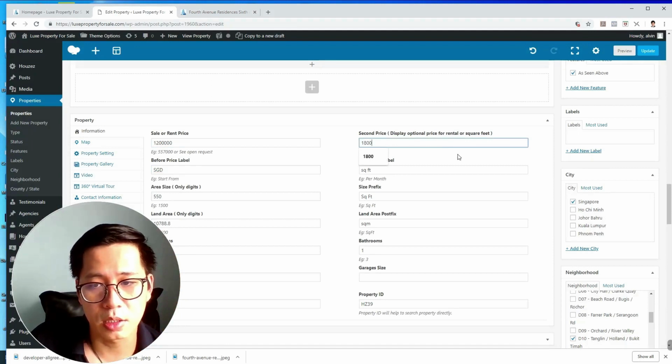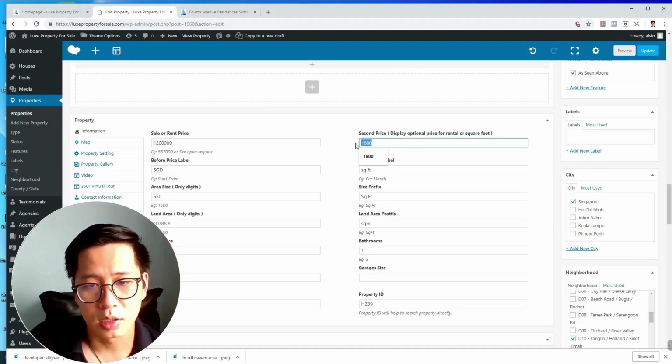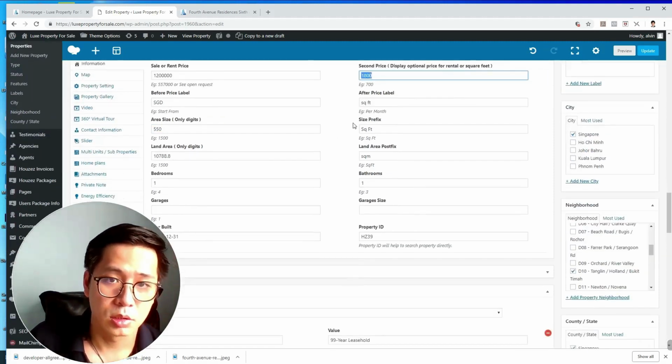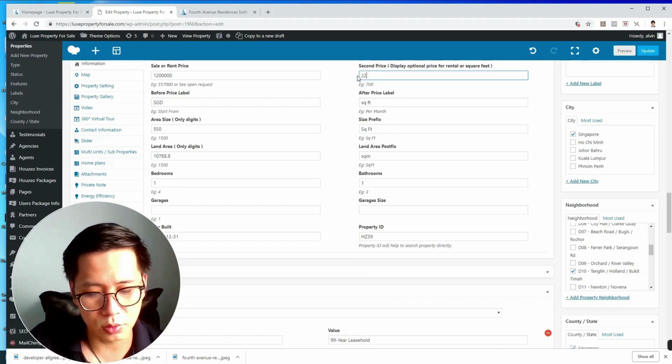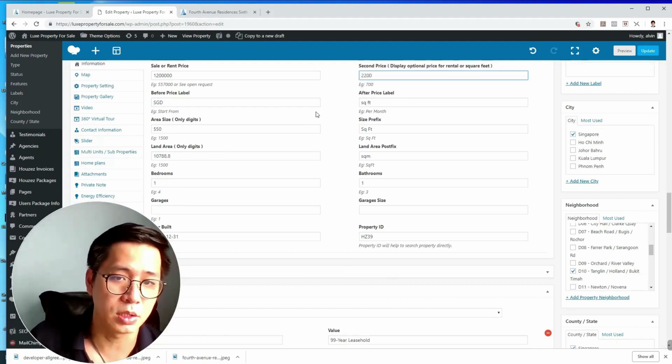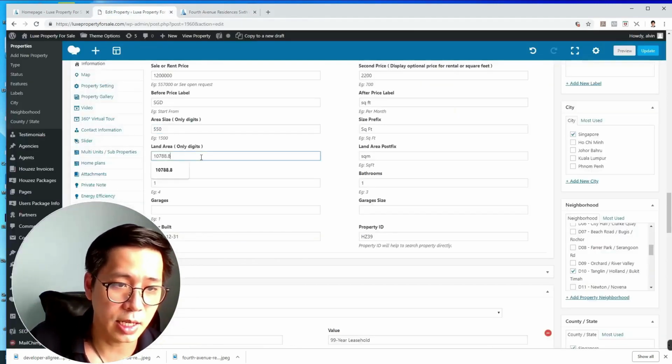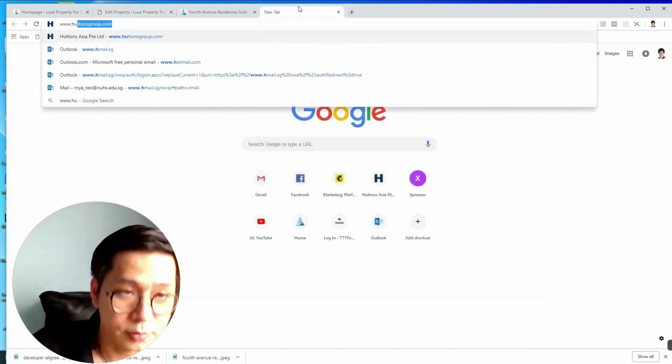Before second price, display optional price for rental or square feet. So I can put after price. How many per square feet price 220, let's say for example area, what's the minimum area I have. I just do it at this land area. All this information, in fact, you can actually go to